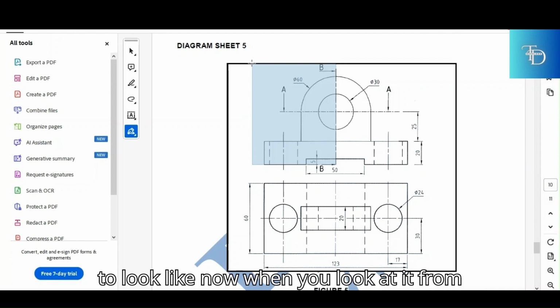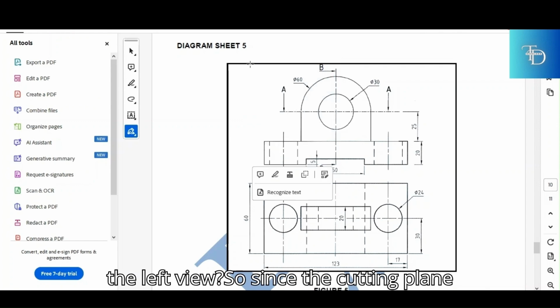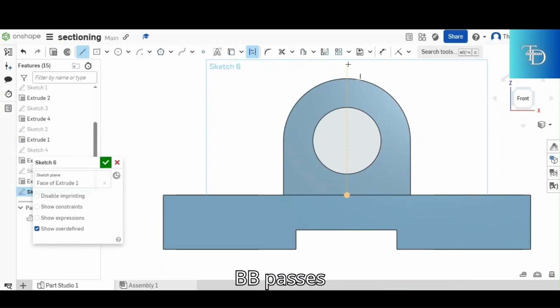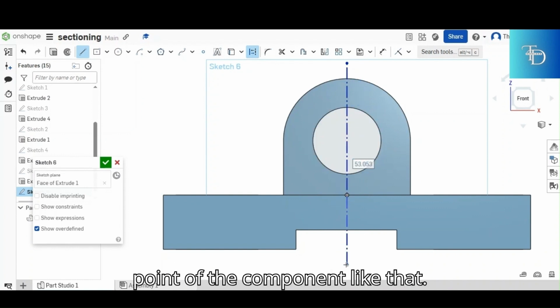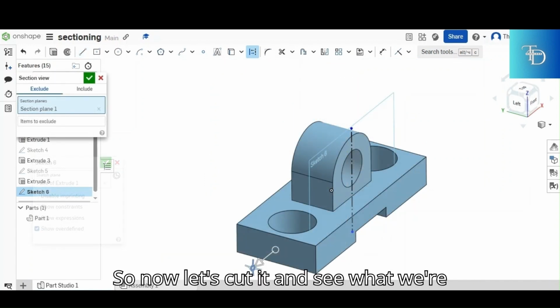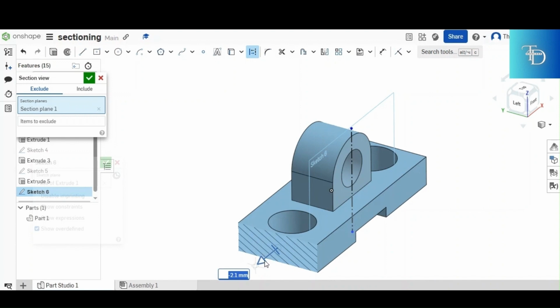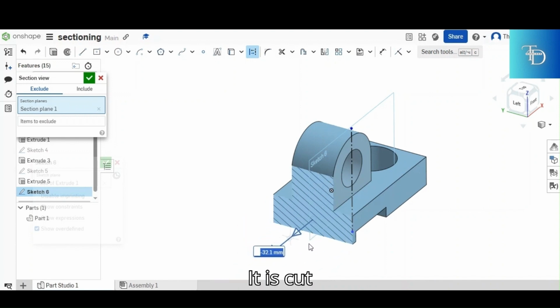How is it going to look like now when you look at it from the left view? So since the cutting plane BP passes exactly at the half point of the component like that. So now let's cut it and see what we're going to be left with. It is cut